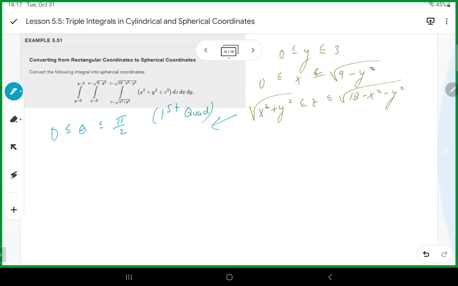All right, so the lower bound of z is the upper half of a cone, and the upper bound is the upper half of a sphere. So lower bound cone, upper bound sphere. So then that's going to get you